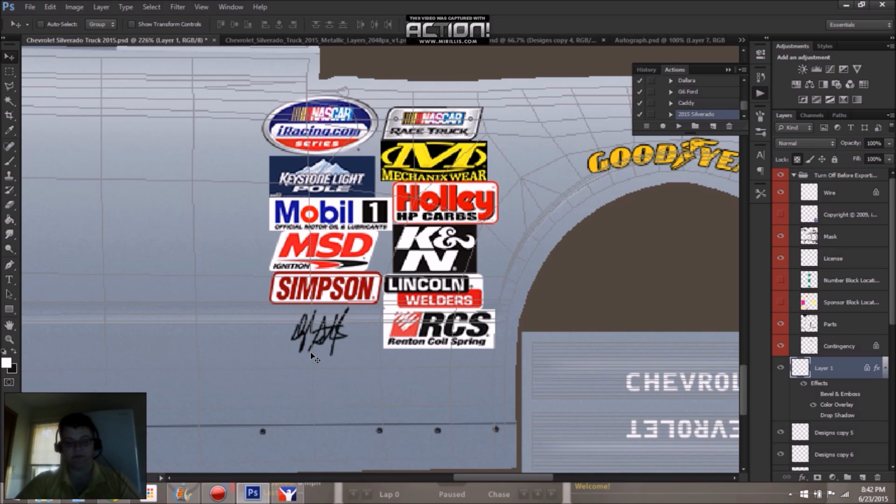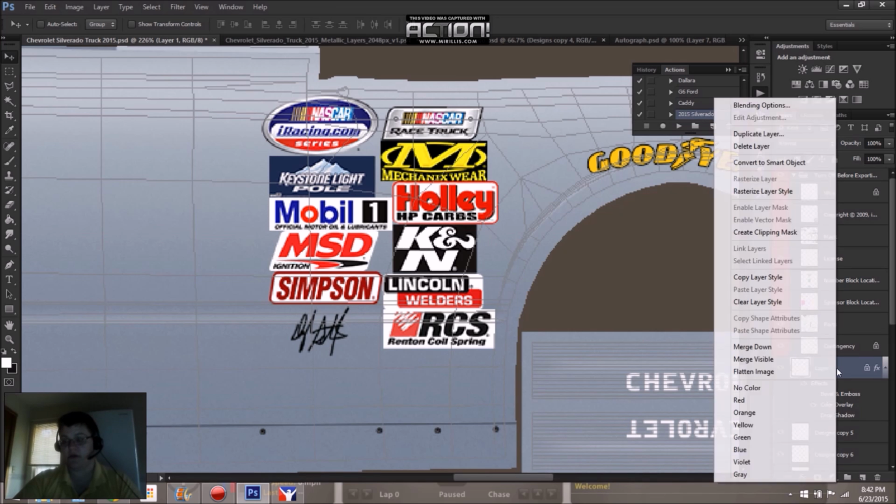As you can see, this is just black. Works really good on light colored cars. But on dark colored cars, I turn on a bevel and a drop shadow, and it makes it look 3D, like it's coming off the truck. But I rarely use that because such details go unnoticed.